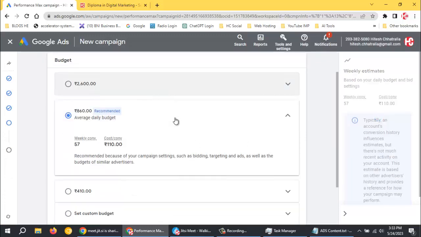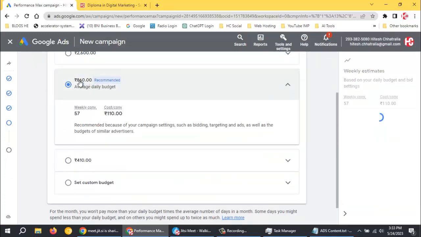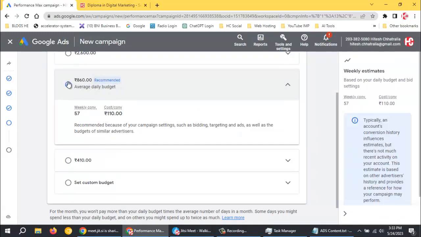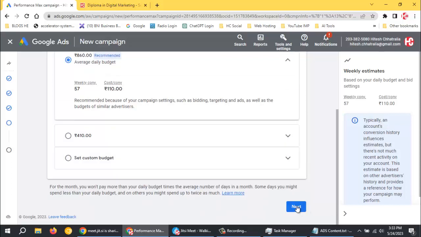And now I need to provide my budget. What is the budget? So 860 rupees is the daily budget which is recommended. I can provide more than that, but not less than that. So after that I click on next,